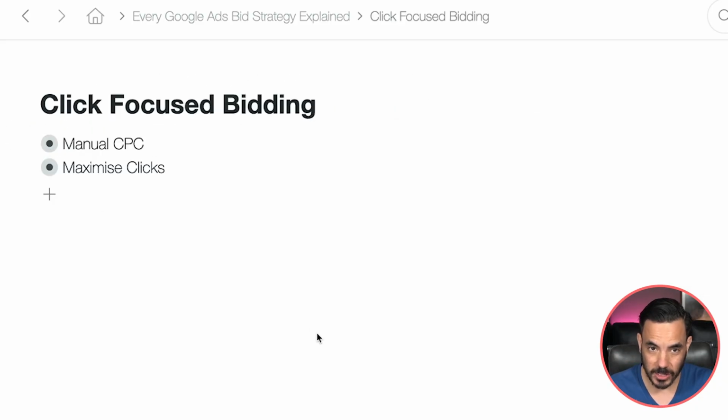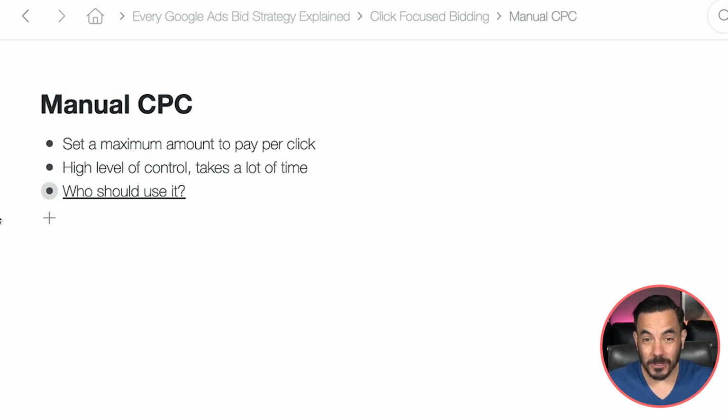Let's cover the two main click-based bidding options first. Click-focused bidding aims to get the most clicks for a given price, prioritizing traffic over specific outcomes like conversions. You've got two main choices here. First up, manual CPC. Manual CPC lets you set maximum bids for each click, offering full control but requiring constant monitoring. I don't recommend manual CPC in most cases because automated strategies often outperform it, especially the automated strategies that